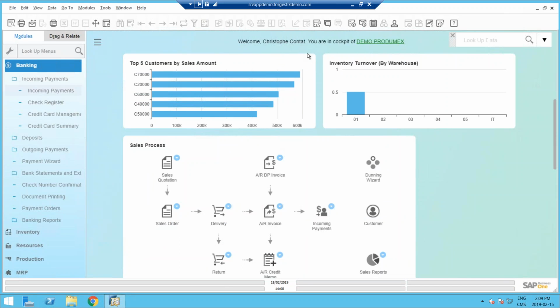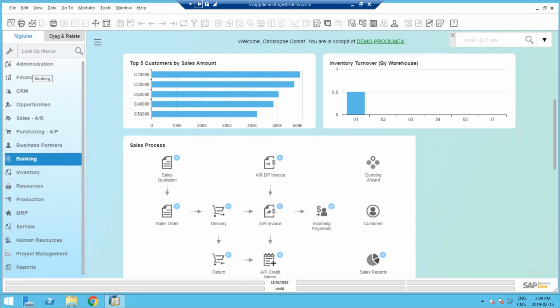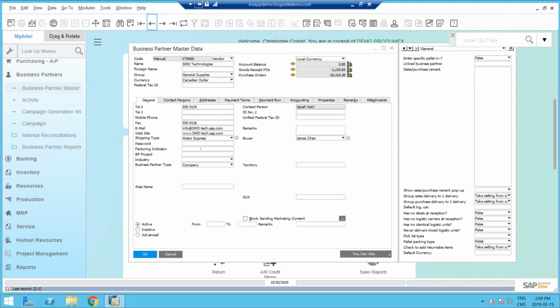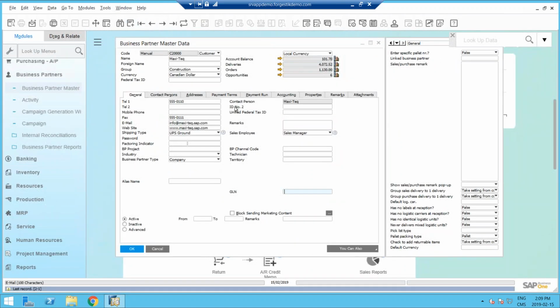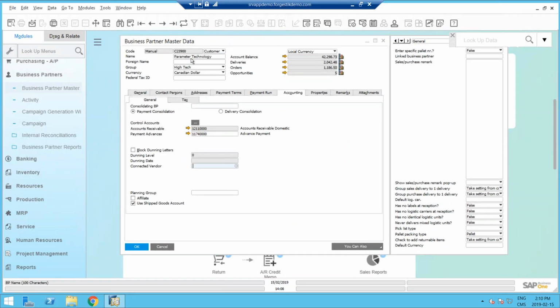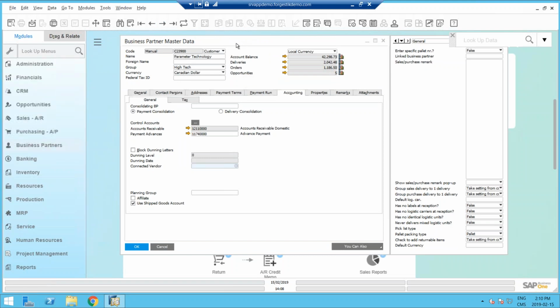Okay, another interesting feature is what we call the use shipped goods account. We've had this since 9.2 PL05. So for a given customer, what's it called, Christophe? The use shipped goods account? Okay. I think we have it. Yeah, we have it for this customer here. So what it does is